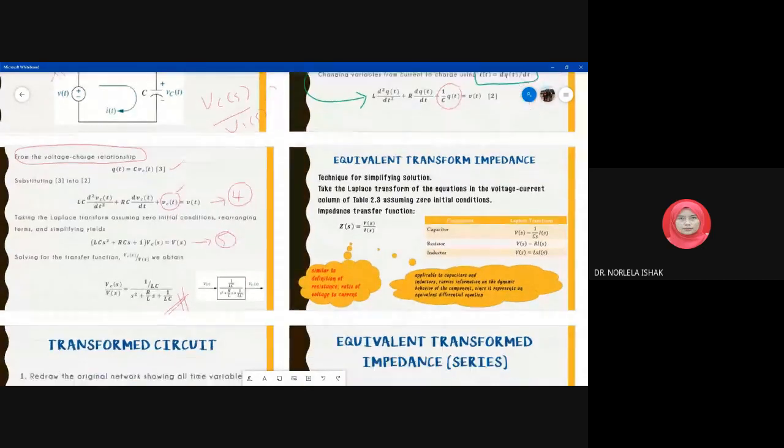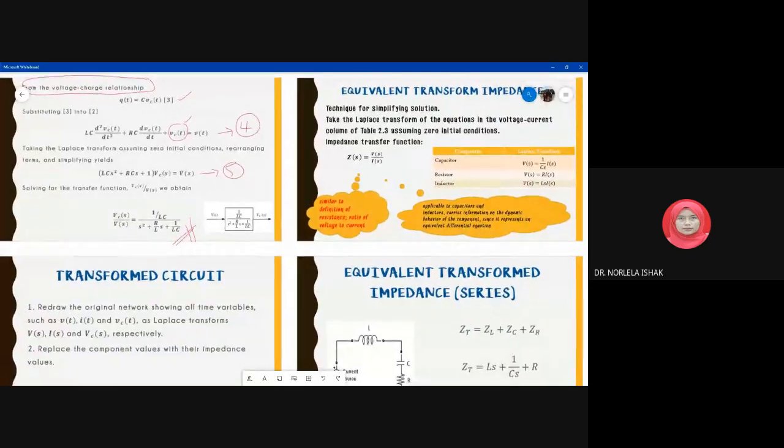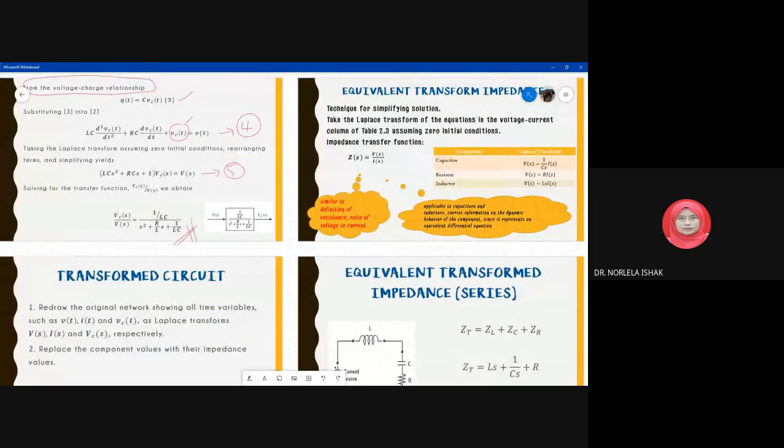Okay, let me check. The next slide is the equivalent. Let's say this circuit, RLC circuit. I want to show the equivalent transform impedance. You can see from that slide, equivalent transform impedance, a technique for